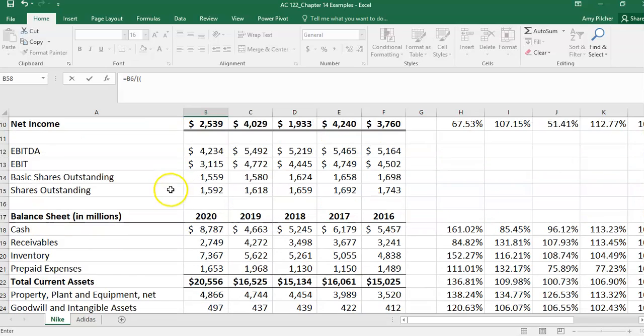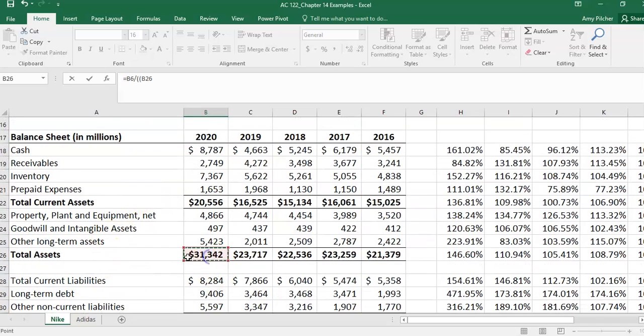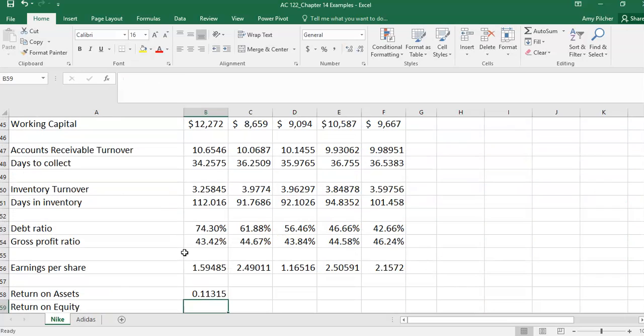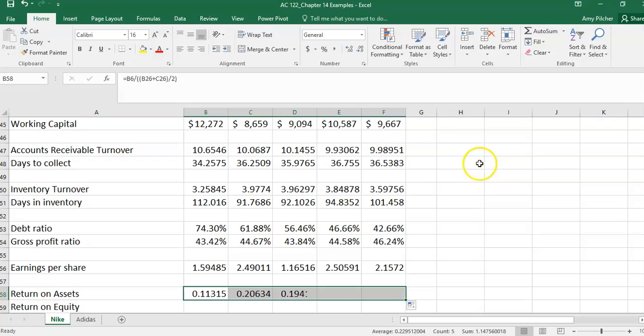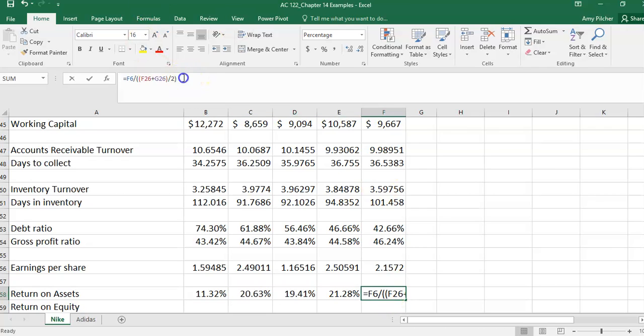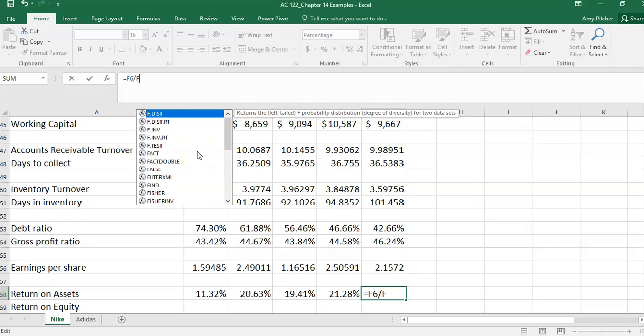So remember that assets from one year plus the assets from another year divided by 2. And in this year, it would just be divided by that year because we don't have